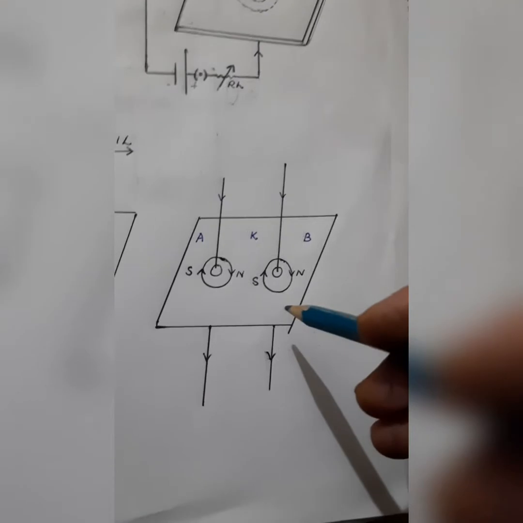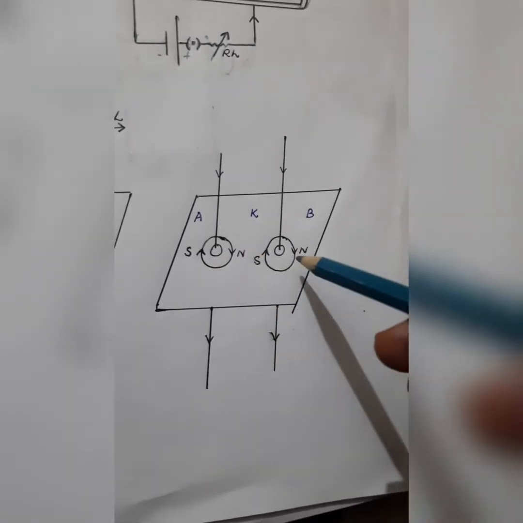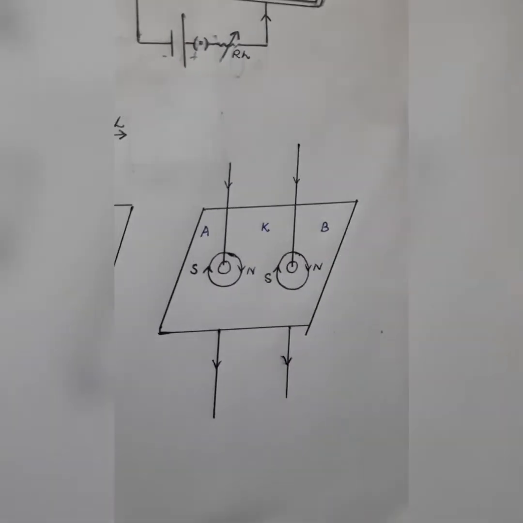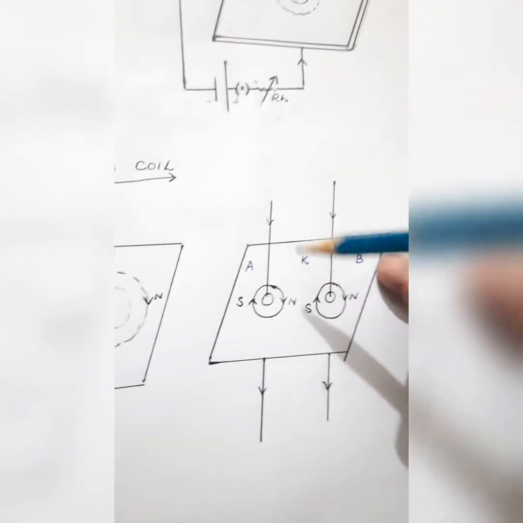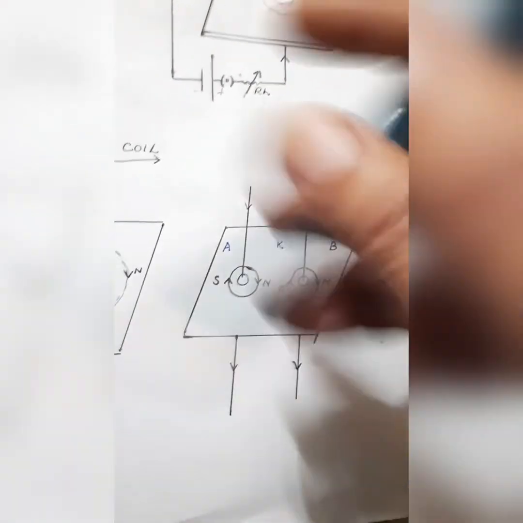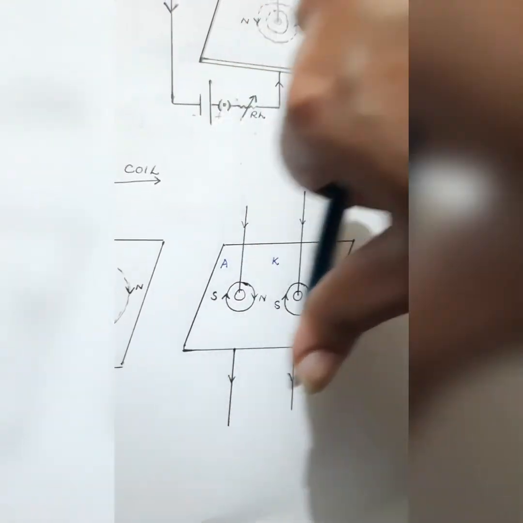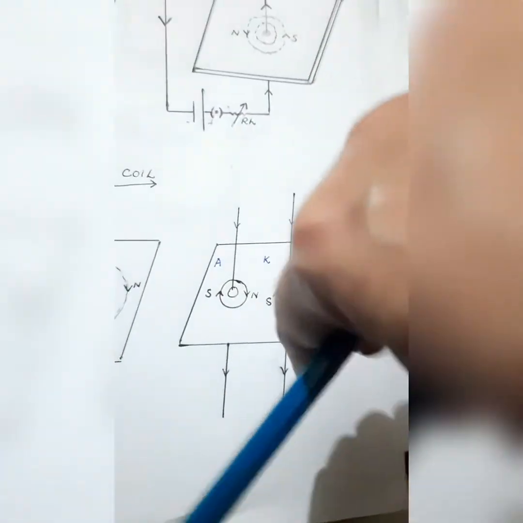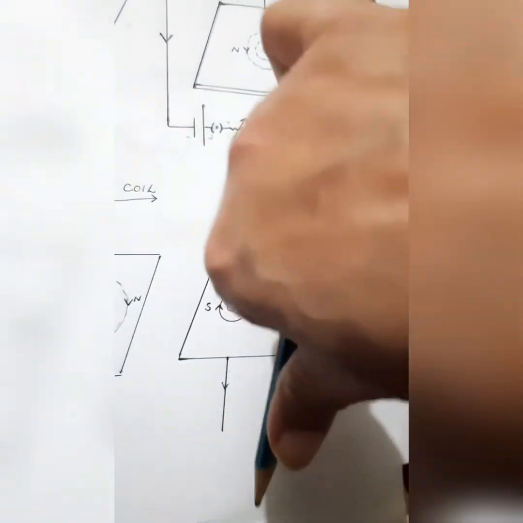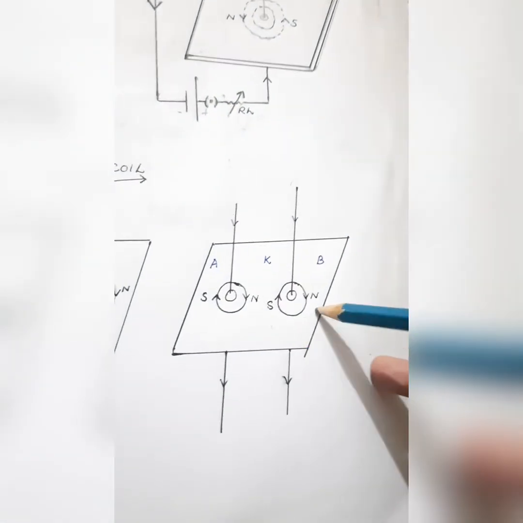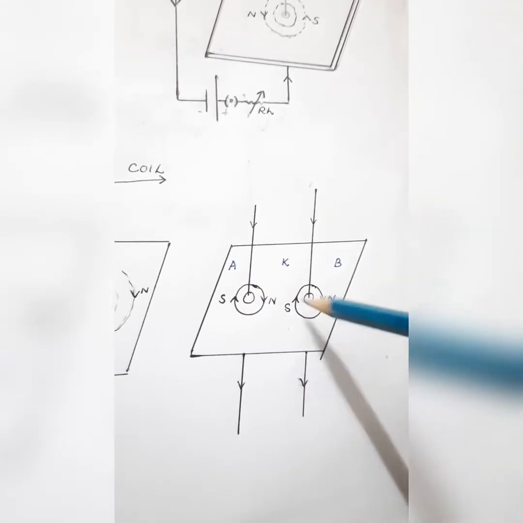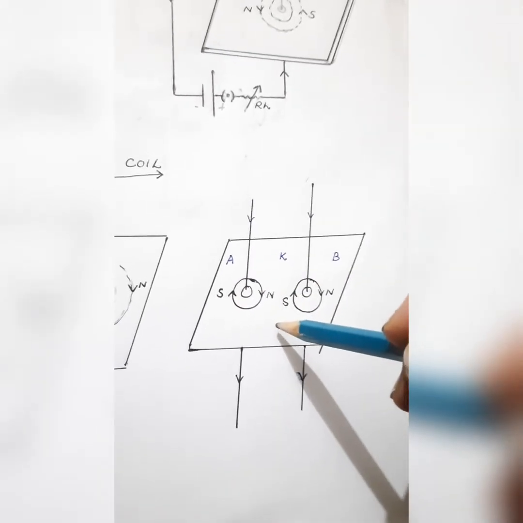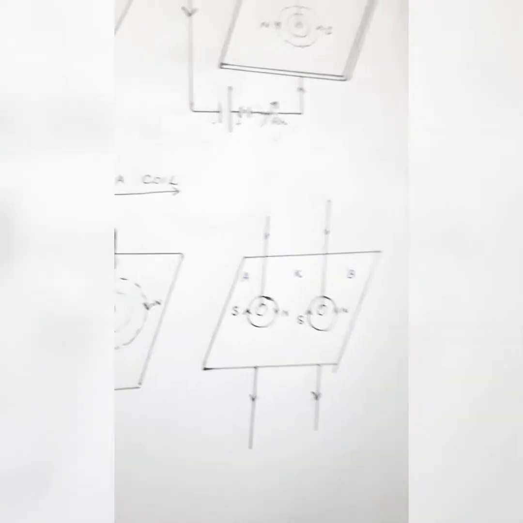One more question. Suppose there are two holes and the current direction is the same in both sides. If you observe here, the current direction is downward. So if I put my thumb in the direction of current, here downward, this side is north and this side is south. Same here, because the direction of current is the same, this one is north and this one is south. If I observe here, this A side is south, B is north, so there will be no magnetic field as north and south cancel.